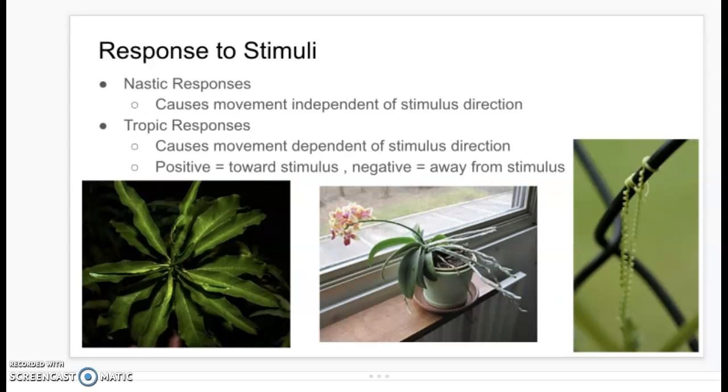Okay, my last slide is about responses to stimuli. So as you guys already know, plants respond in different ways to stimuli. There's nastic responses and tropic responses. Nastic responses cause the plant to respond independent of what's going on in the environment as a whole plant. For example, the leaves might shut down at dark. The tropic responses causes the plant to change based on